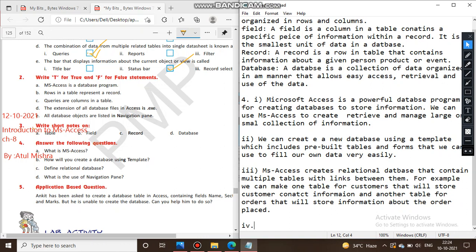Now last and fourth question is your, what is the use of navigation pane?